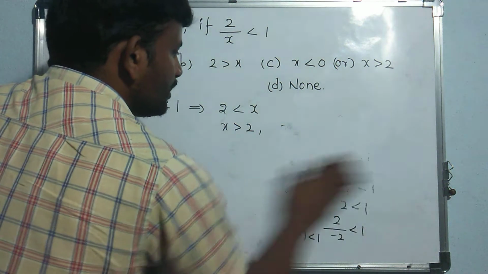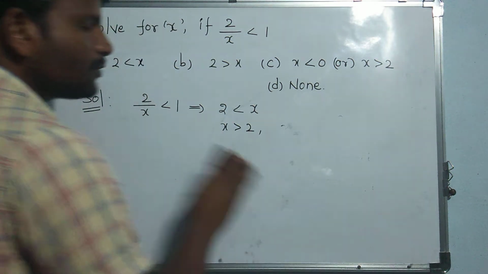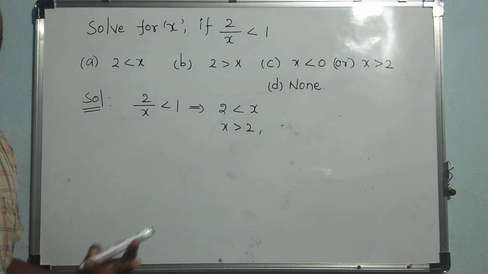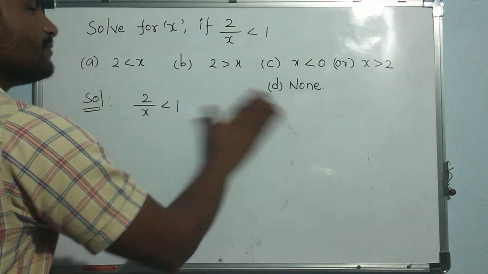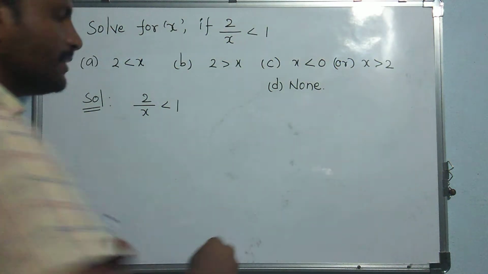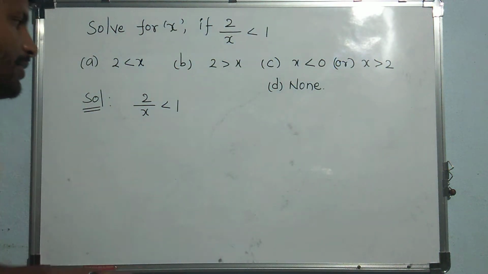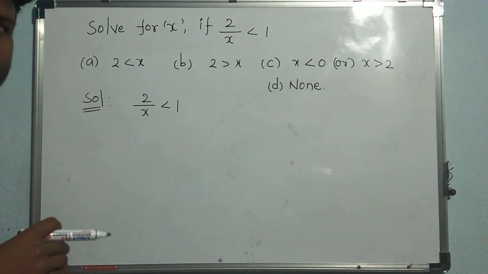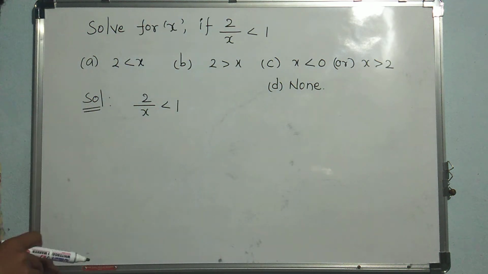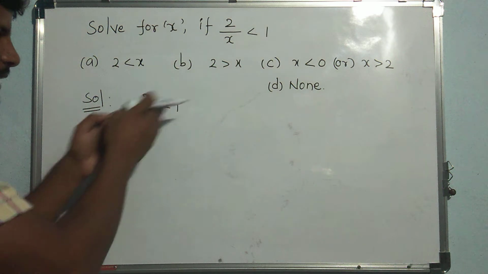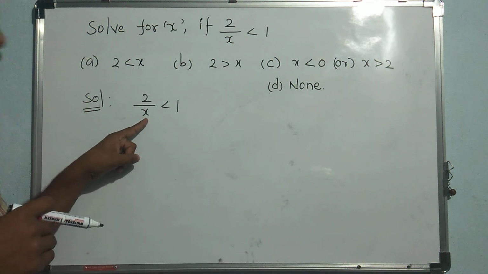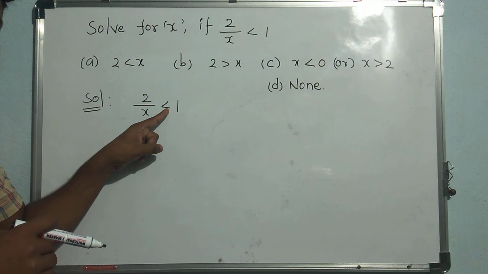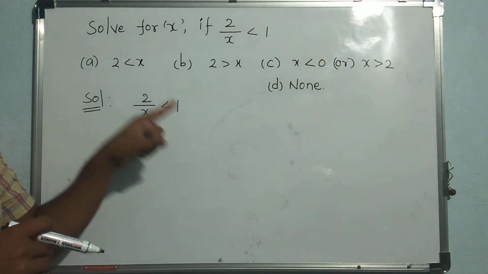So I can say x more than 2 is not the only solution, there are a few more solutions we have. Okay, right. So what are we missing here? When you directly send x to that side, that is the mistake we people are making. We should never bring that x to that side, because it is a variable. Whenever you have an inequality with a variable, don't take cross multiplication.